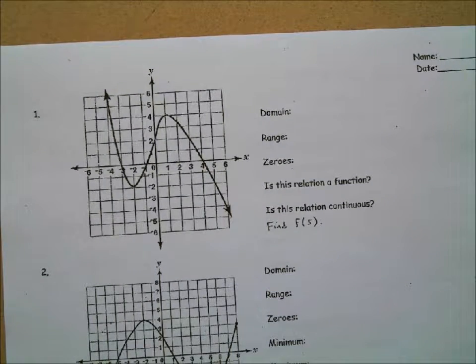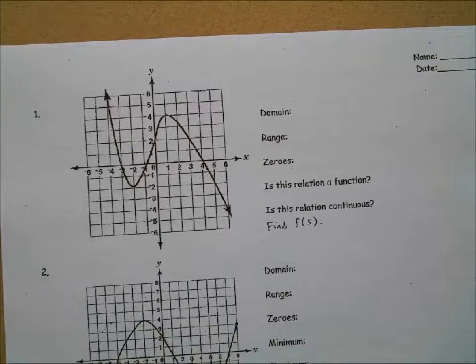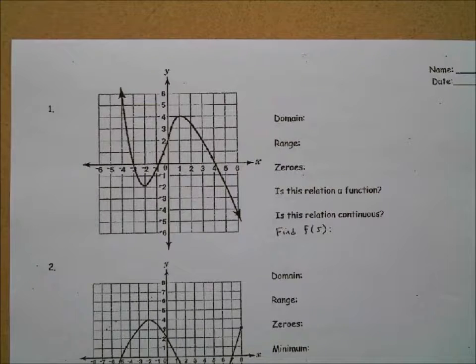So now we're going to remove the context. We're going to remove the story. We're just going to have a graph. This can make things sometimes easier. It can also make some things harder, right? So it's a mix.